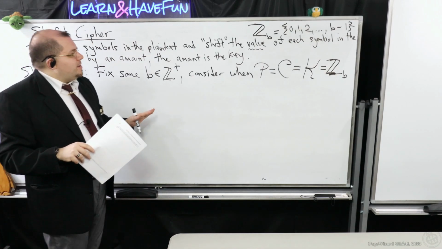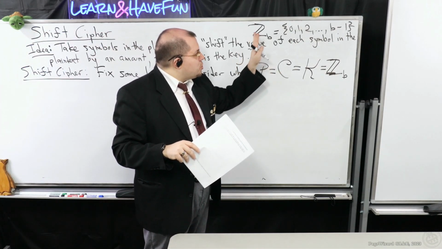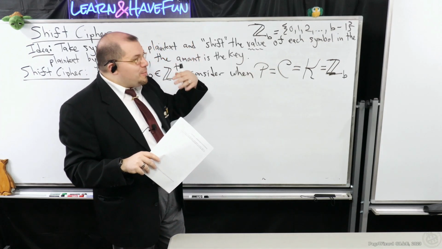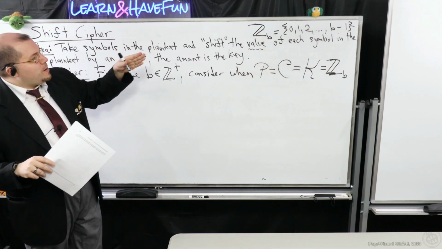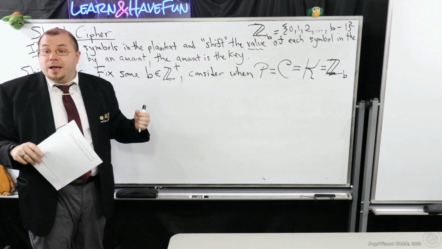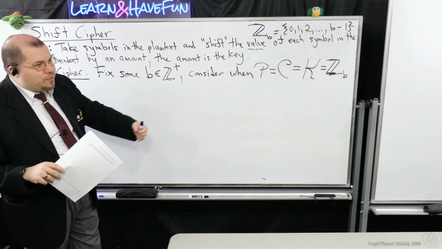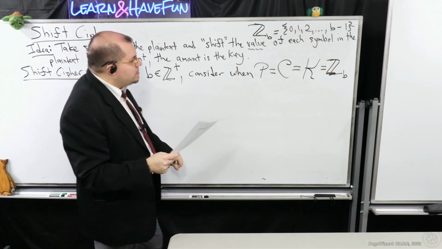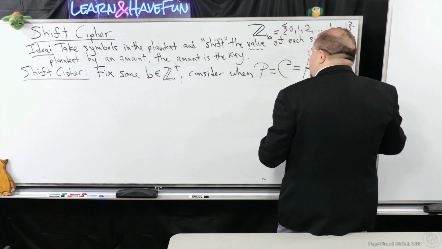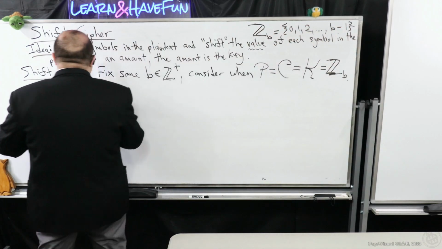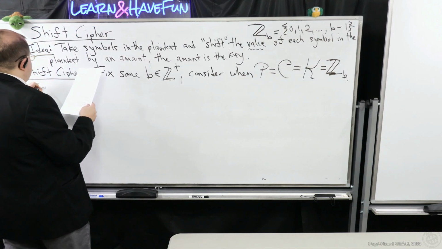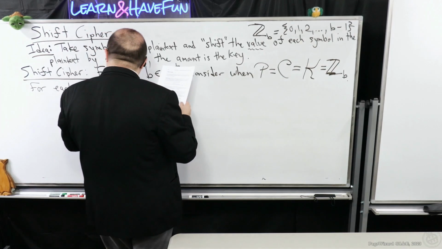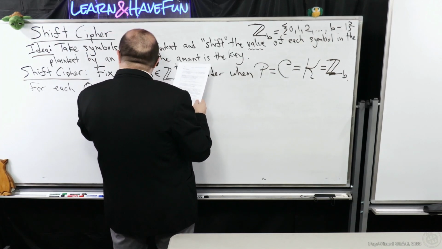So that means the plaintext and ciphertext can be interpreted, so our symbols, that's what I want you to think about this as, are going to be represented as numbers. That's how you can interpret them, but they're going to have corresponding values for their symbols. Consider when those are all equal. I haven't addressed the encryption and decryption yet. For each key K, that's between 0, including 0, and B, not including B,